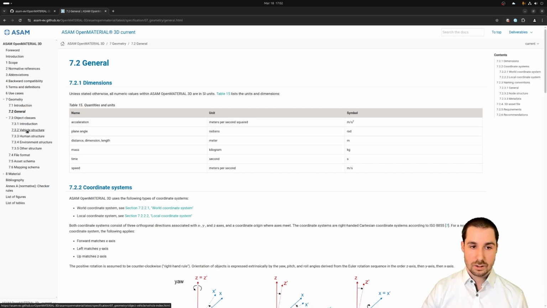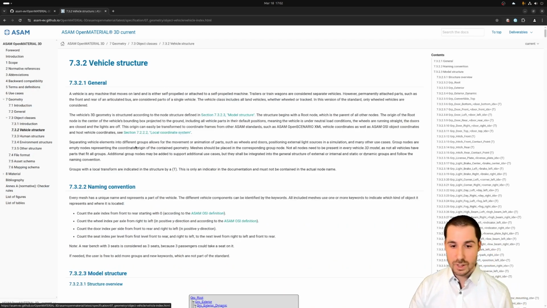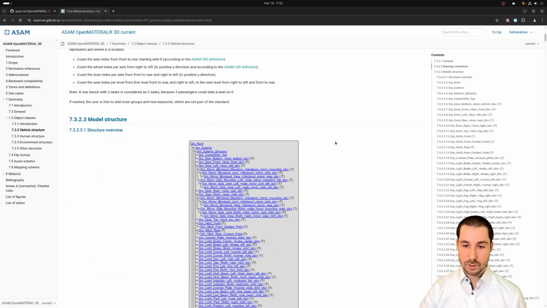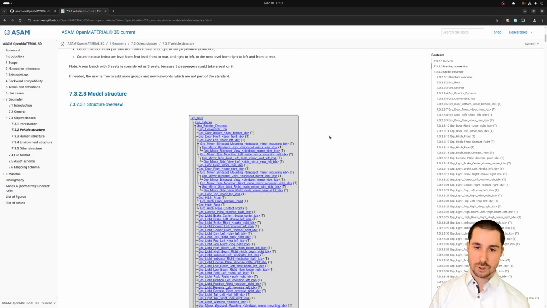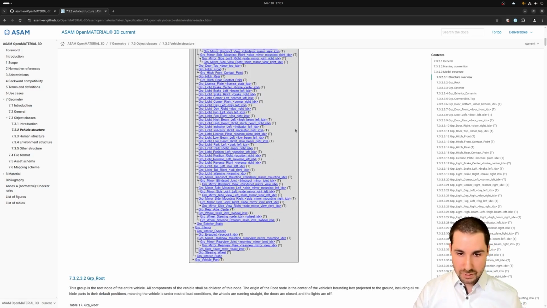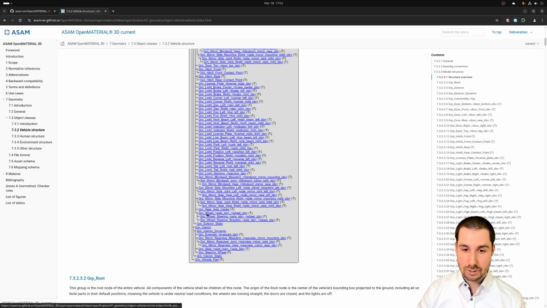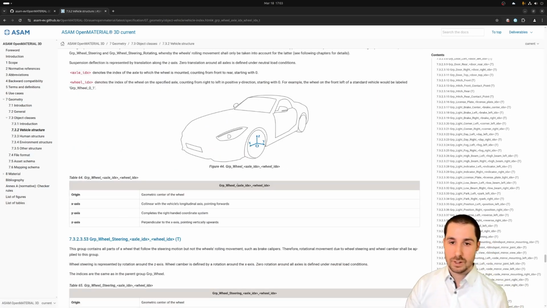Let's take the vehicle as an example. We go to the vehicle chapter. You will see an extensive hierarchy of how a 3D model of a vehicle should be built up. And we have done this in groups. We call them groups, and some tools call them empty nodes or pivot nodes. And these define coordinate systems. With this definition, I'm going to give you one specific example, and that's the example of the wheels. So if we go to the group wheel, you will find a nice